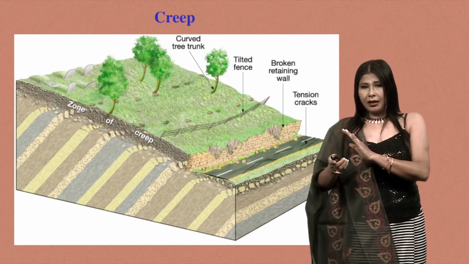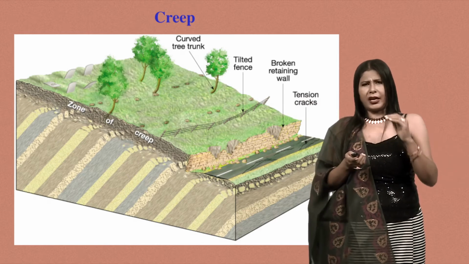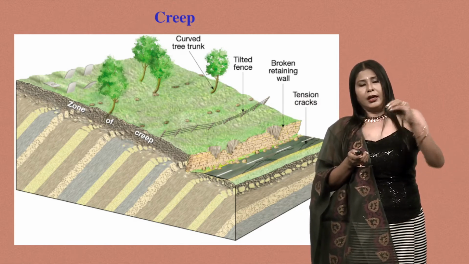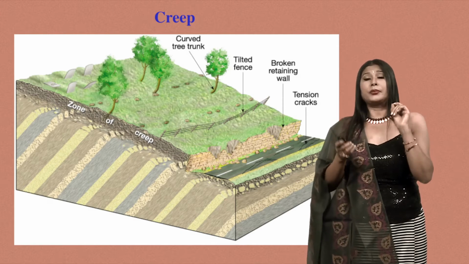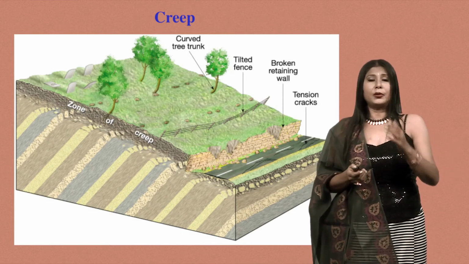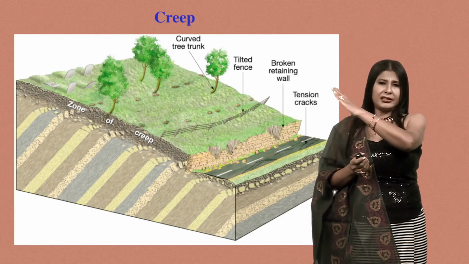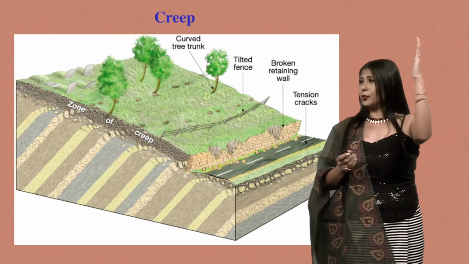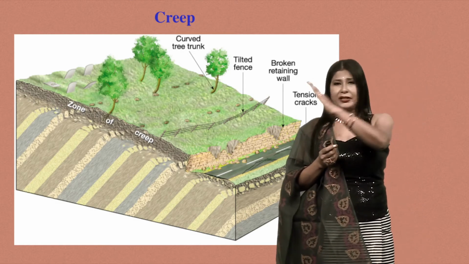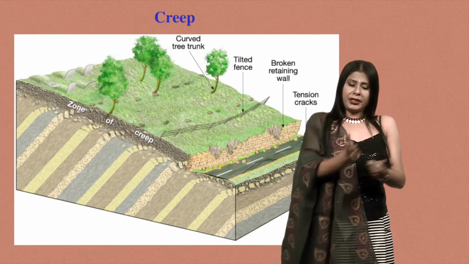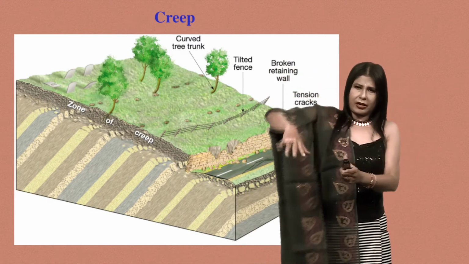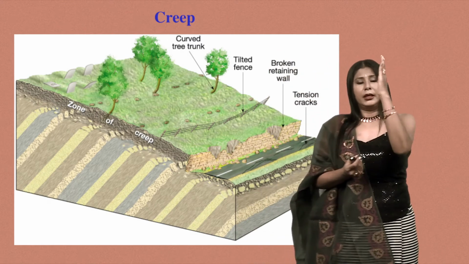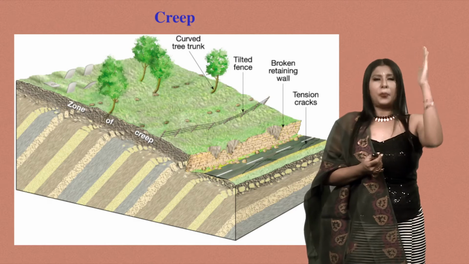So, what is happening is very slowly the material is moving down slope, very, very slowly. The movement is absolutely not visible to our eyes. But what we see is the fencing is tilted. The fencing is supposed to be 90°. No fence will be like this. The tree is curving because the soil is pushing it down, or a pole which is supposed to be straight